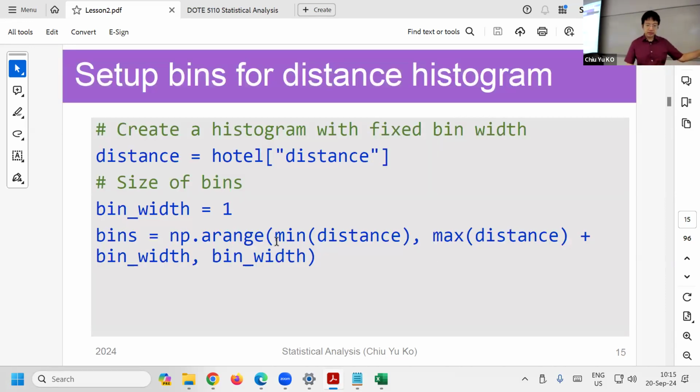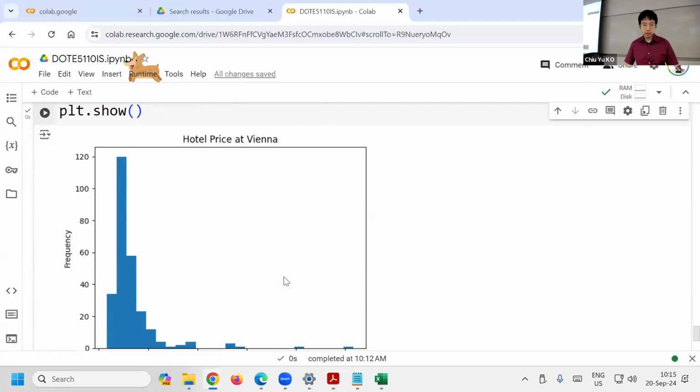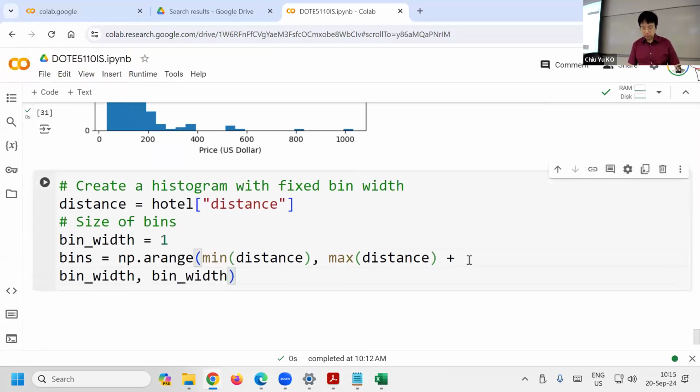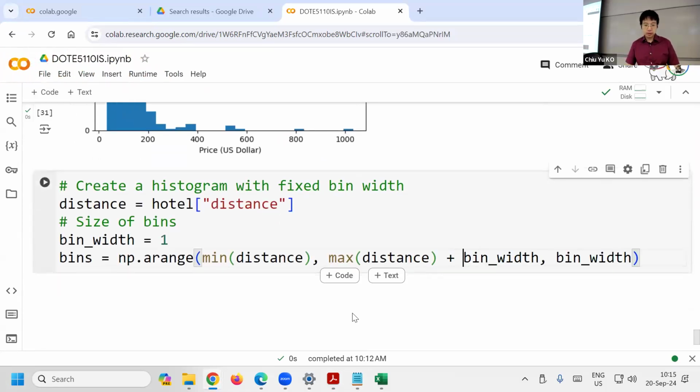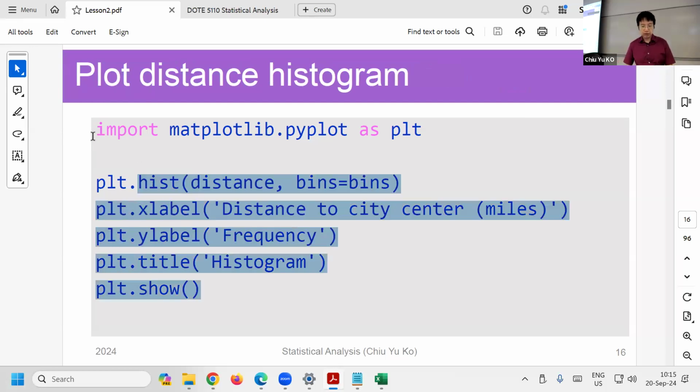I'm not going to explain because it's the same, except we change the distance to price. So you can copy it. This is the distance code. I copied slide 15 and also slide 16, because it's a plotting. The first one is